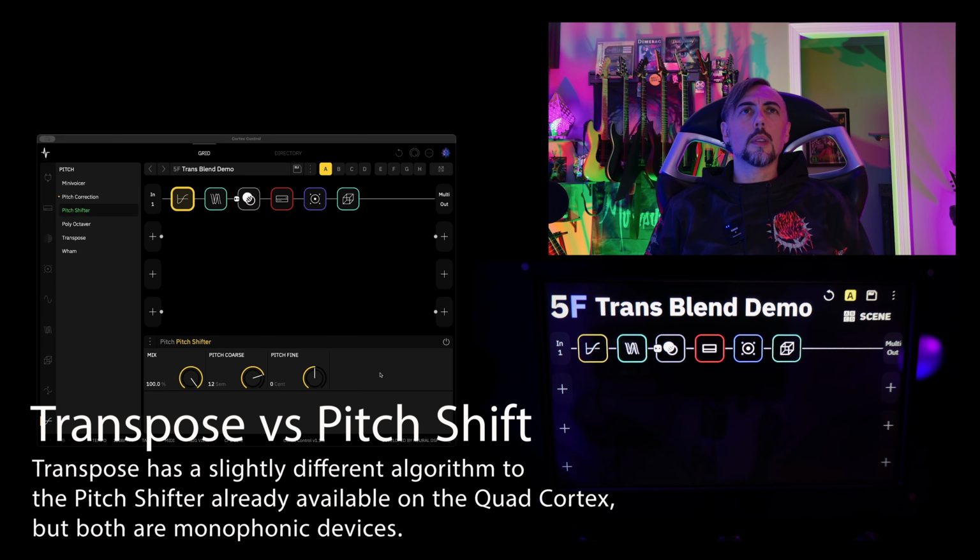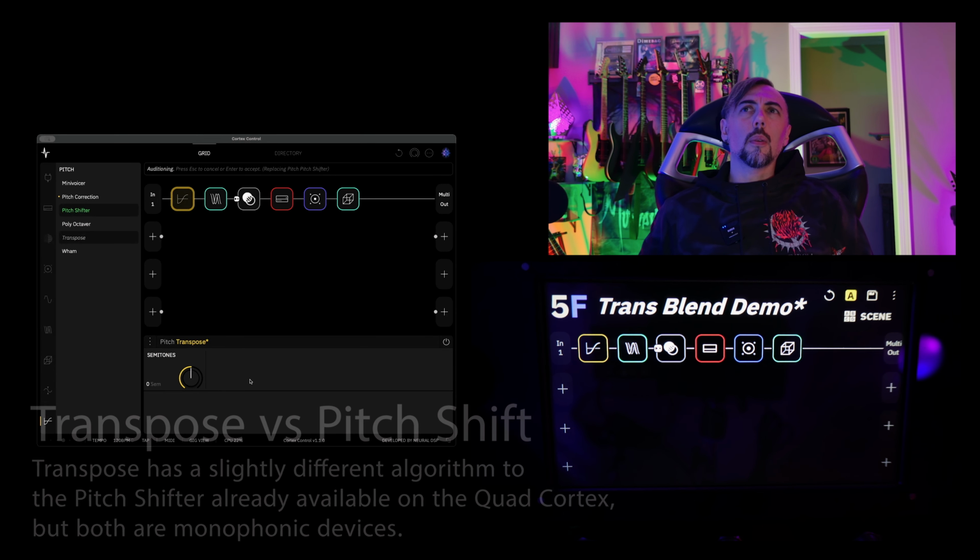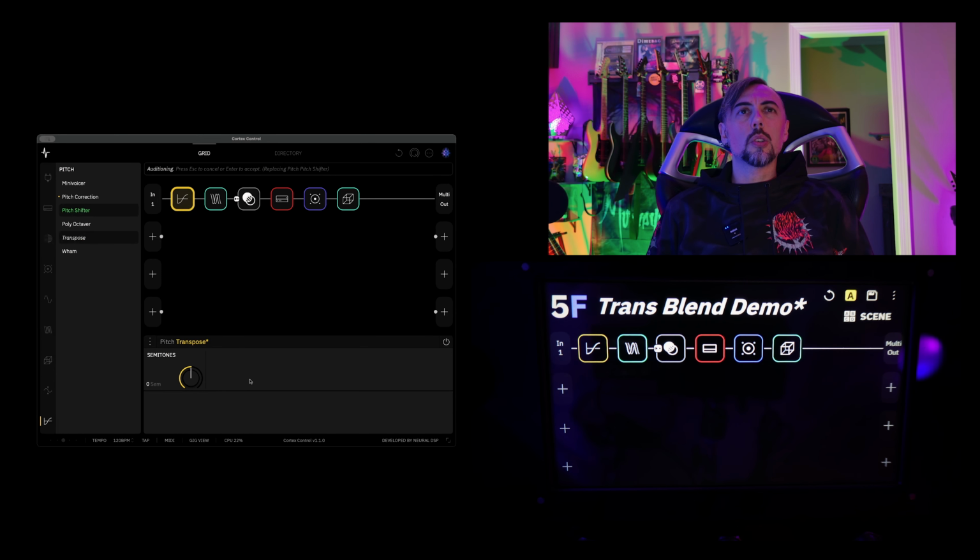It's just that transpose is going to allow you to have a focus on just having your semitone controls, okay? And the way that the algorithm is working behind the scenes to track your input, in my opinion, has a better tracking rate and a little less latency than the standard pitch shifter does, which is really helpful,